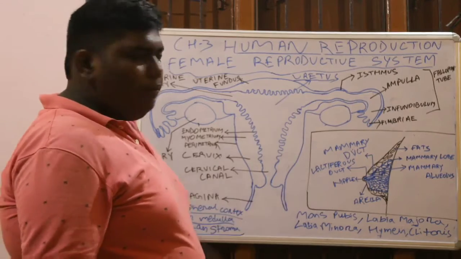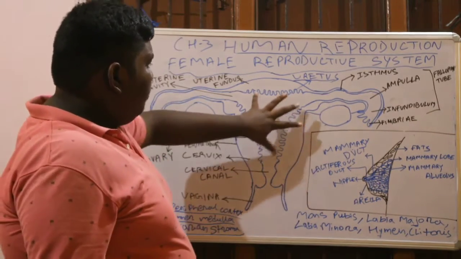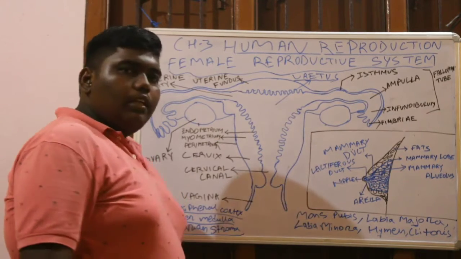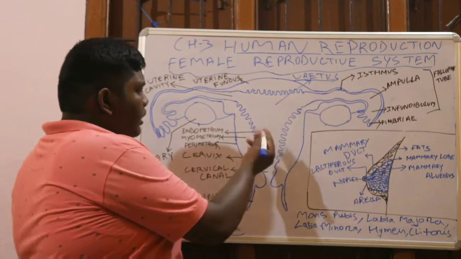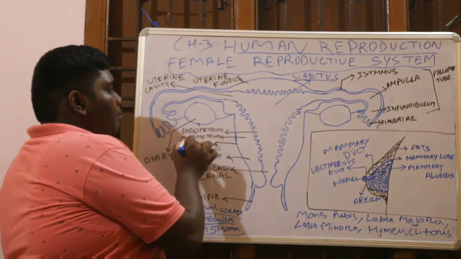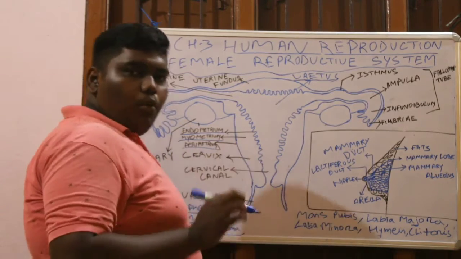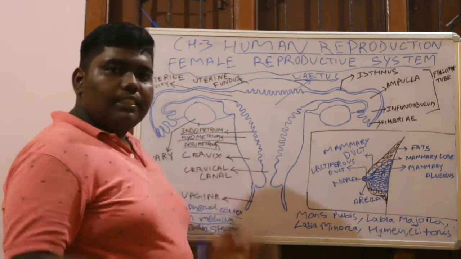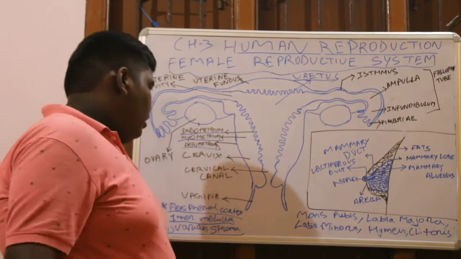Now, what is the uterus? This is a portion that is a completely open region of the female reproductive system. This is where the child develops. Its wall is divided into three parts: perimetrium, myometrium, and endometrium. Peri means, as we know, periphery, so peri means outside, myo means the middle one, and endo means the internal one.